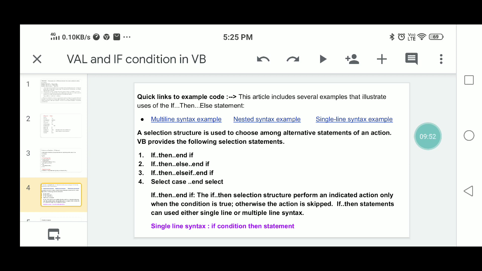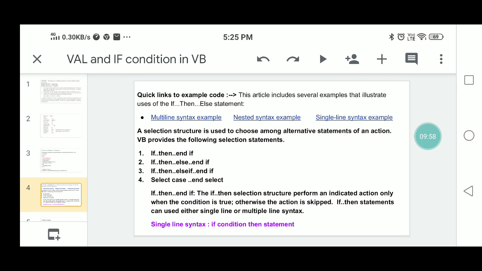If then end if, this is the if then selection structure. It performs the indicated action only when the condition is true. When the condition is true, it will execute the following of the if condition. Otherwise, the action is skipped. If then statements can take either a single line or multiple line syntax.